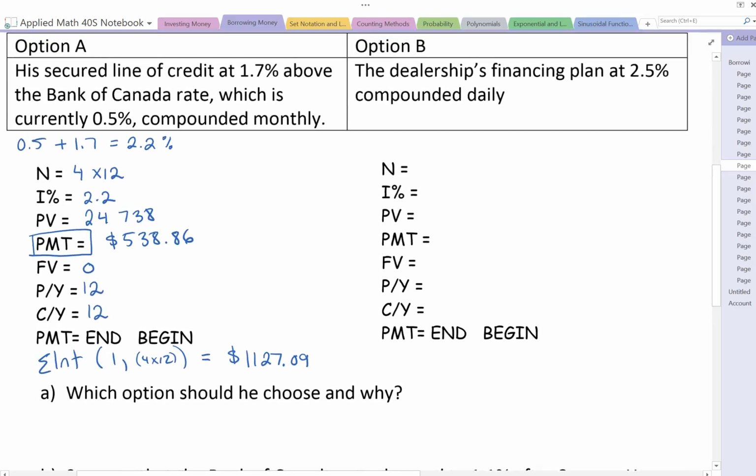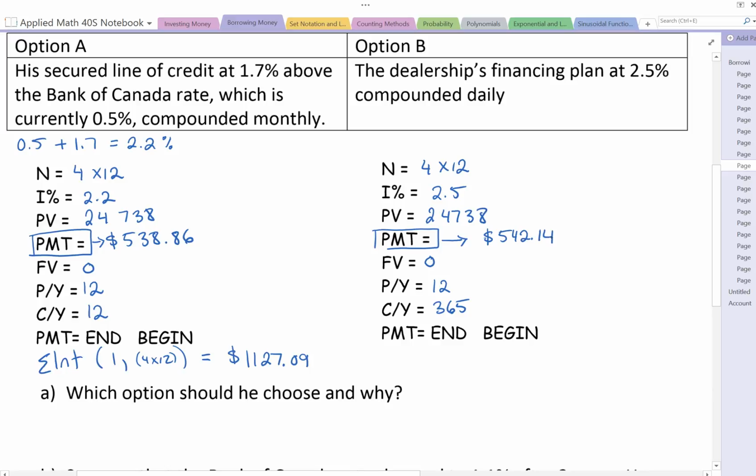Comparing that with option B, dealership's financing plan is 2.5% interest, but it says it's compounded daily. Payments per year is still 12. This is still 4 years, 12 payments per year. The loan is for the same amount, that hasn't changed. And you still want to pay it off, so future value is 0. Calculate the payments, putting that into your graphing calculator. You should get